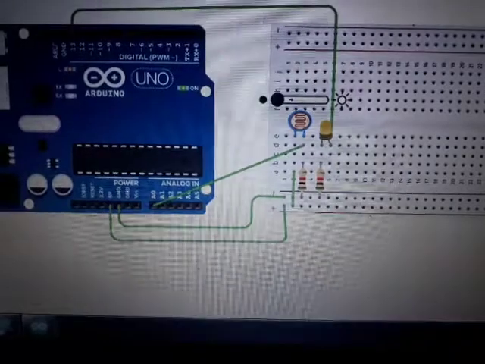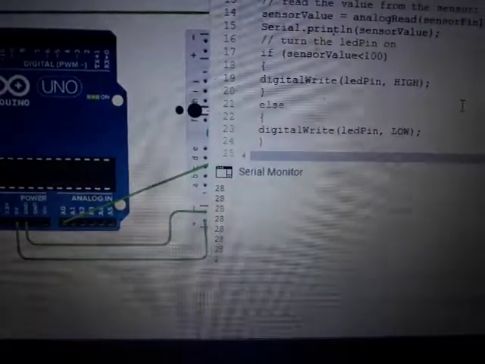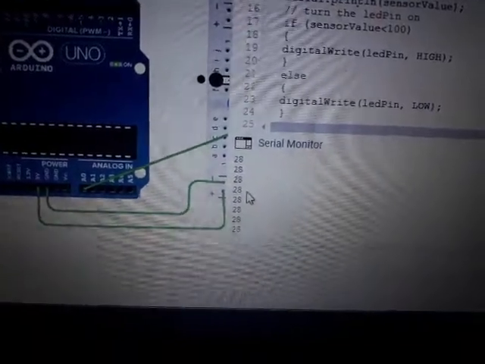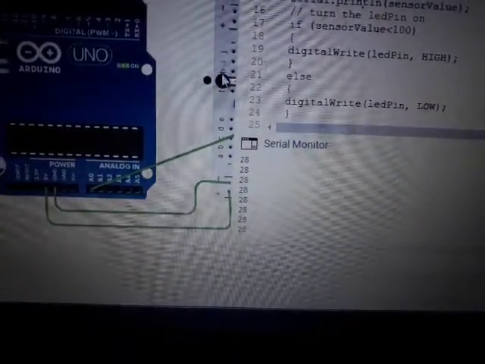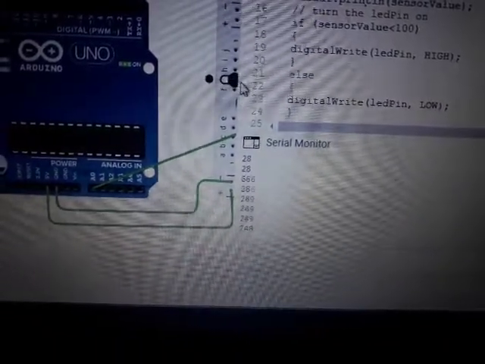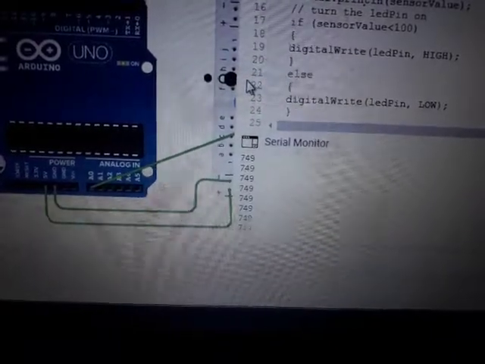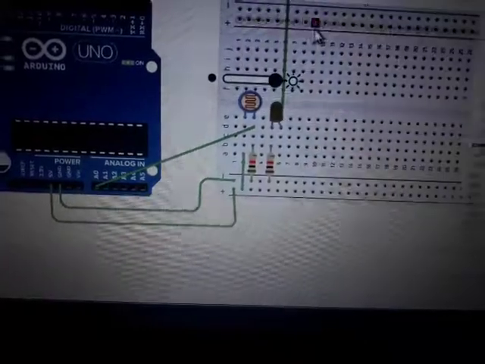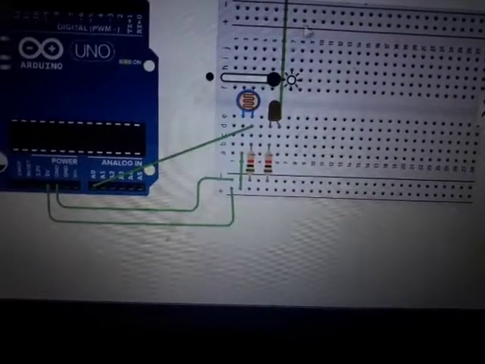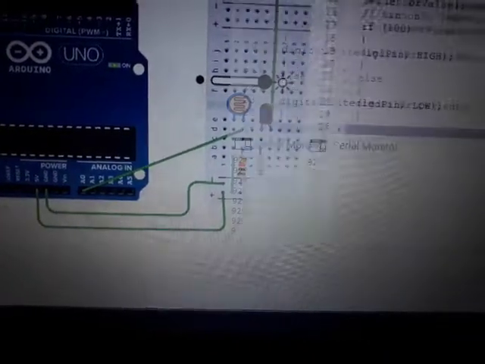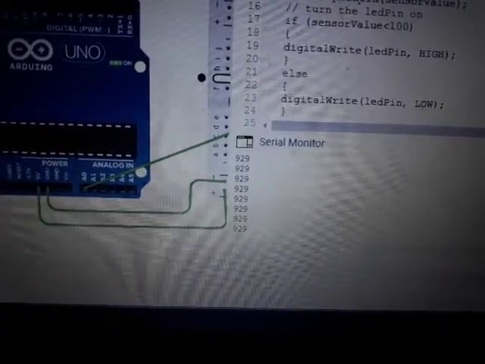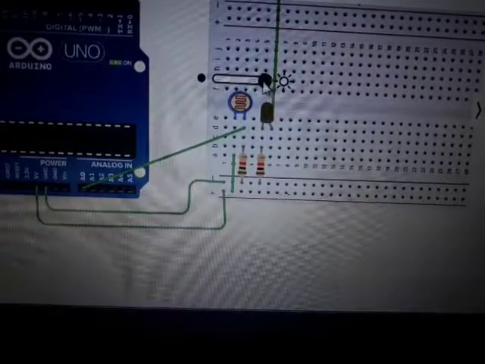You can also see from the serial monitor what value is coming on this A0 pin. Let's say if I increase the slider value, then at this point you can check the value is approximately 1000. In between it will come to approximately 500.